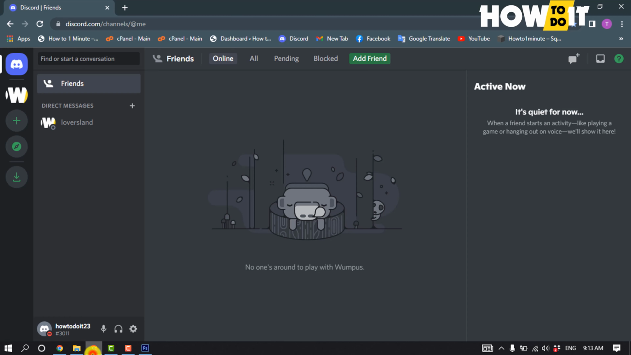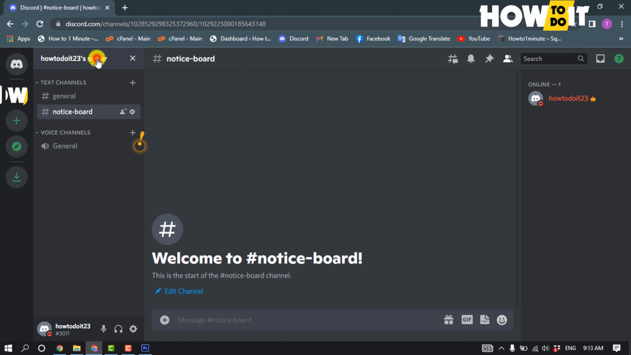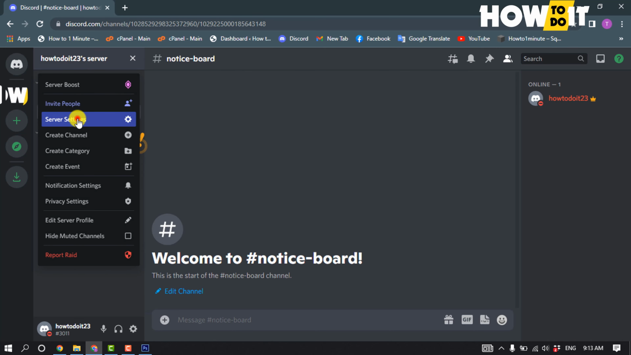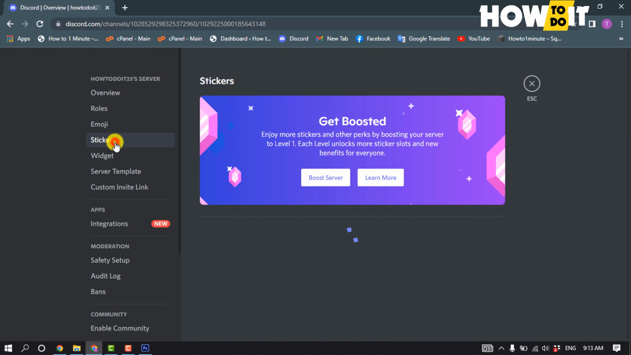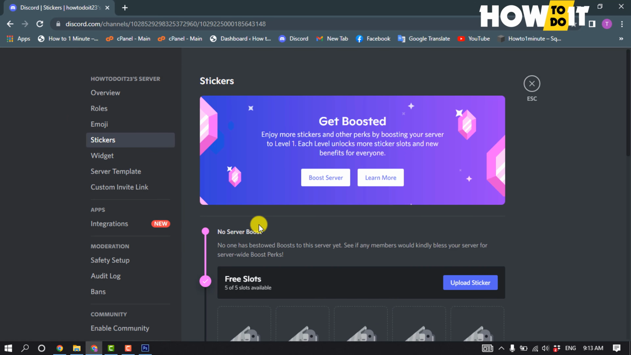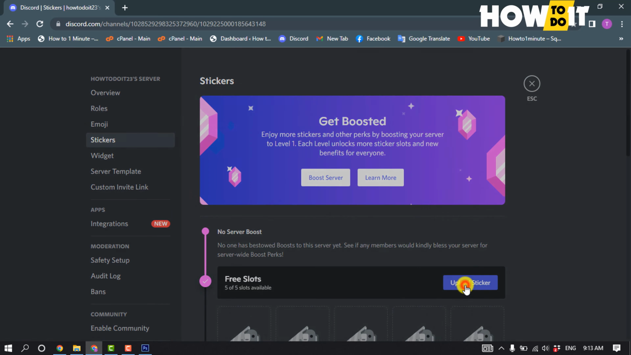Now let's see how to upload this sticker to our Discord. So I'm going to open my server here and click on server name, server settings, stickers, upload sticker,